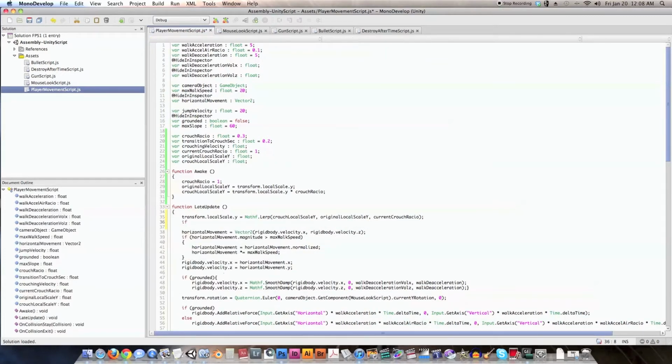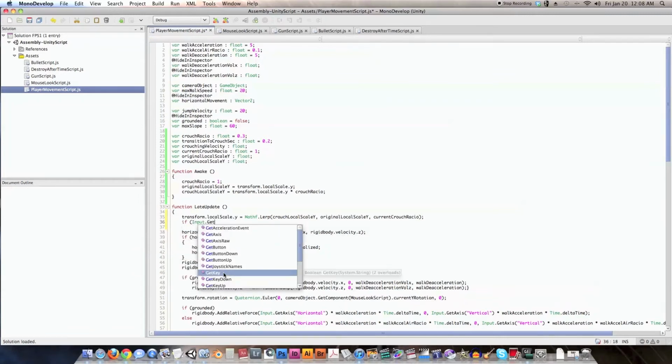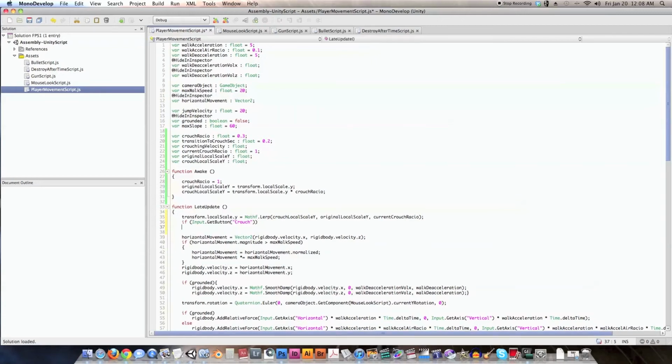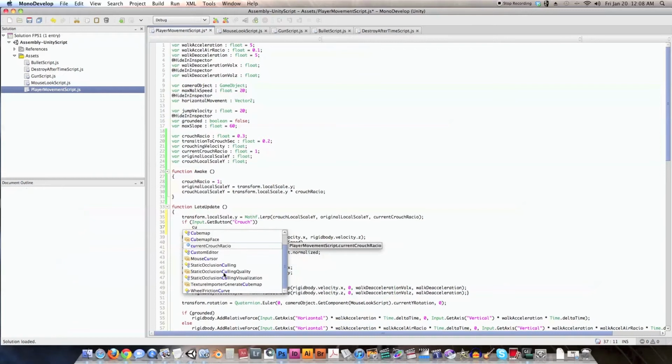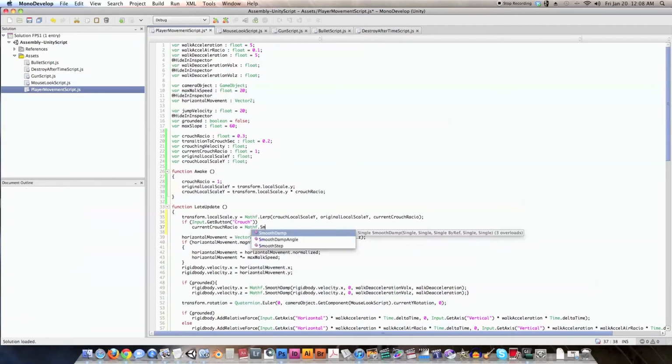Now, if we are crouching, so input dot get button, not get button down, get button, because we want it to return true every frame that we are holding down the button. Crouch. So if the crouch button is being held down, we're going to do current crouch ratio equal mathf dot smooth damp,